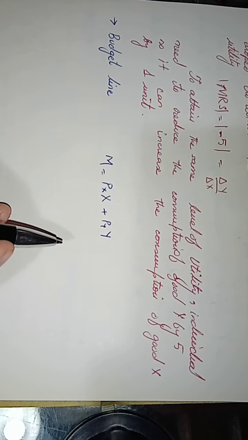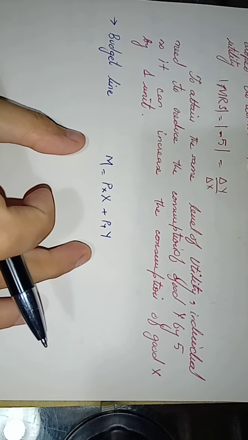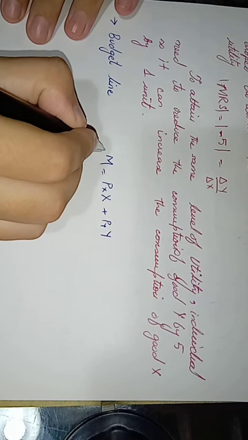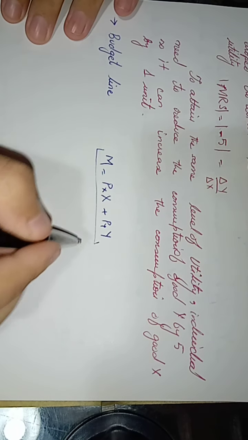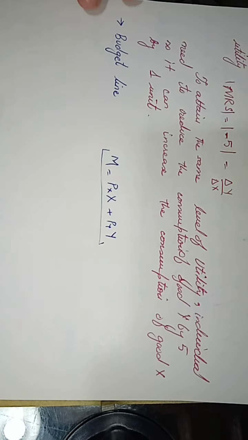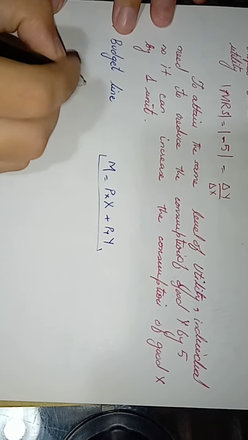So this is the constraint which tries to tell us that this is your pocket and you have to be in this one. You wish to maximize your utility, sure, but don't forget that you have to be under your constraint. Okay. So budget line is